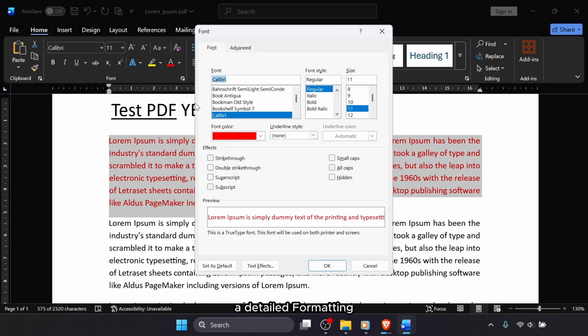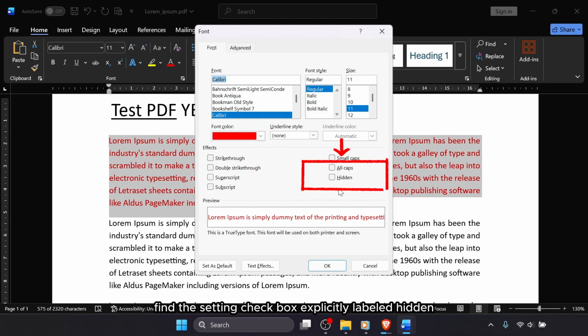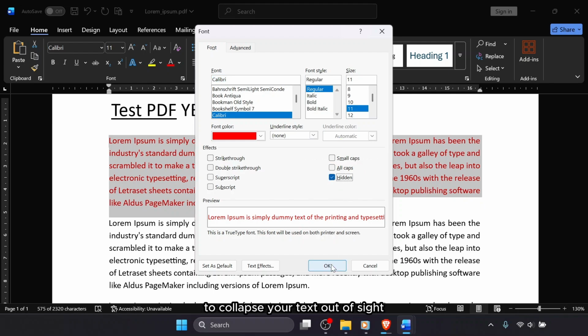A detailed Formatting Properties box will pop up on your screen. Locate the Effects section near the bottom center of the window. Find the setting checkbox explicitly labeled Hidden. Click to place a checkmark inside it, and click the OK button at the bottom to collapse your text out